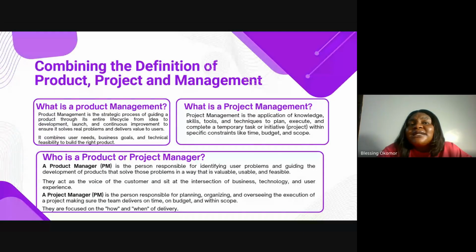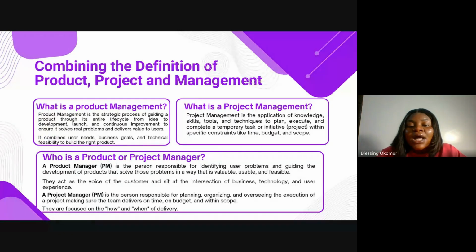So a product manager doesn't just build apps for building's sake. You don't just build because you discover a problem. Should you just build for it? No. First, does that product or that idea you have solve a problem? Do people need it? What is the percentage of people that need it? That's another aspect you should look into, right?